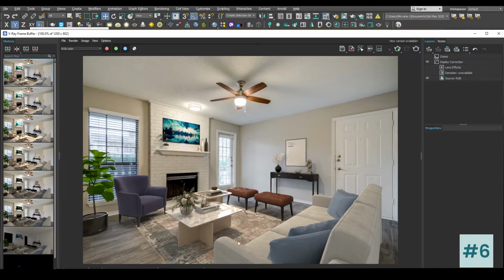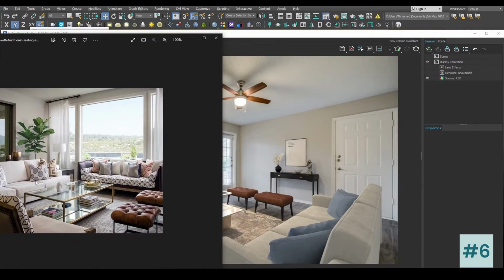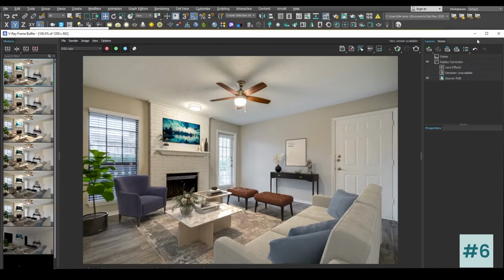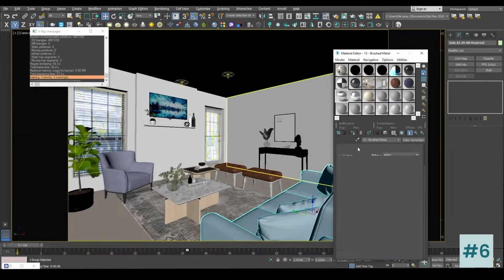Let's now add color to our couch. Now the couch is a little bit grayish and we want to make it a little bit beigeish. As you can see, it's not that much of a difference, I would say, but we can add a little bit of warmth in this and see how it looks. So let's go ahead and do that. So select the couch,